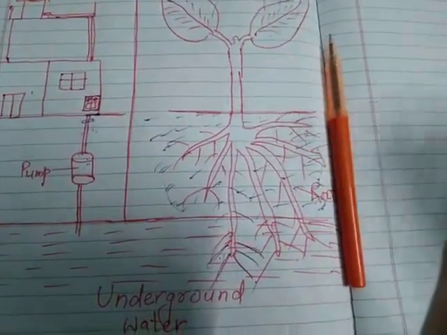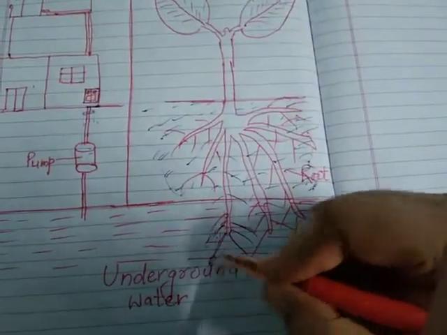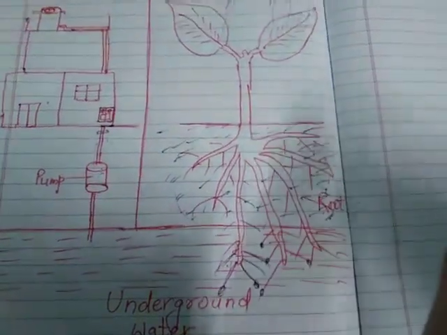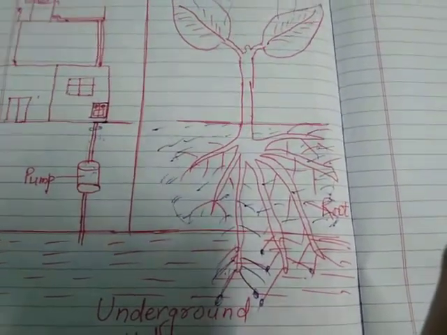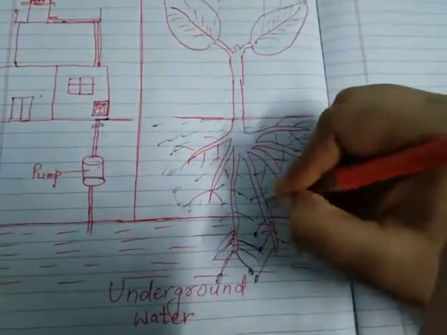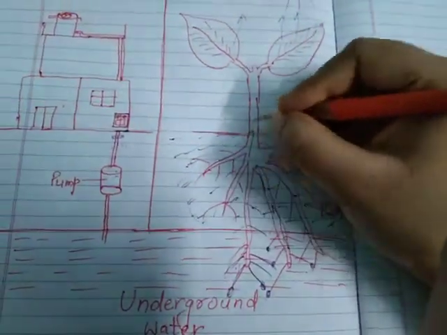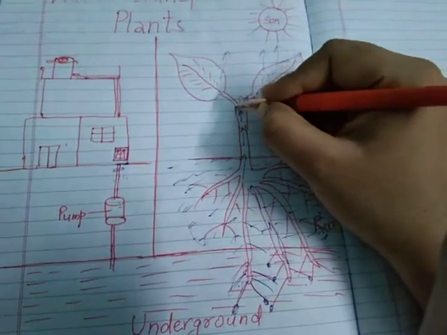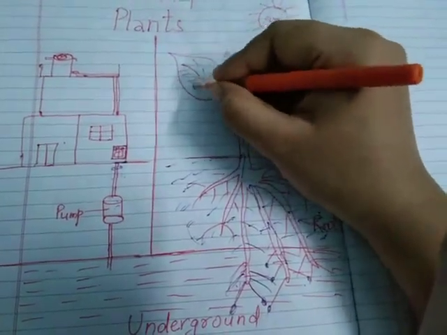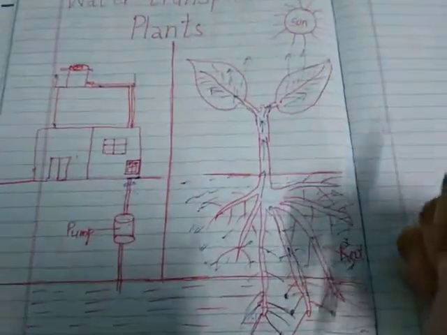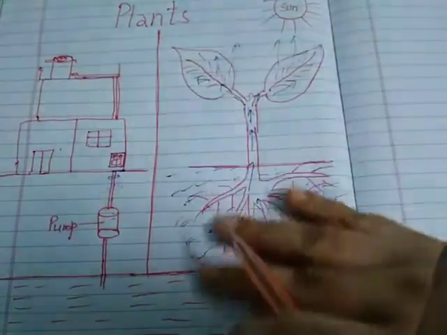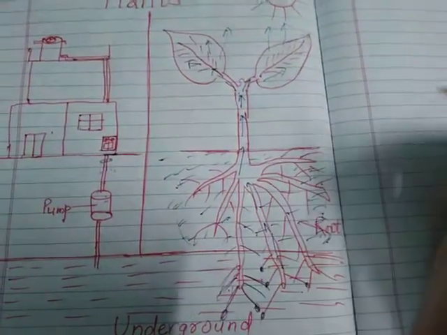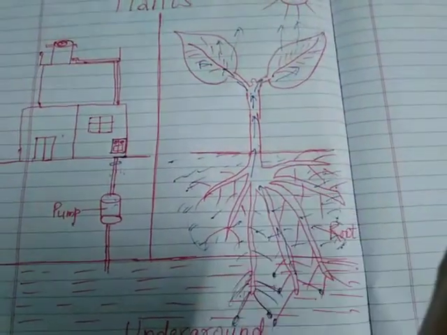Root hairs start to suck water because at the base of the root are present small sponge-like structures which suck the water, and after sucking, they pass the water to the stem, and from the stem it reaches to various branches, and from branches it reaches to the various leaves, each and every leaf of the plant, and thus the requirement of water for the plant is fulfilled by the roots.